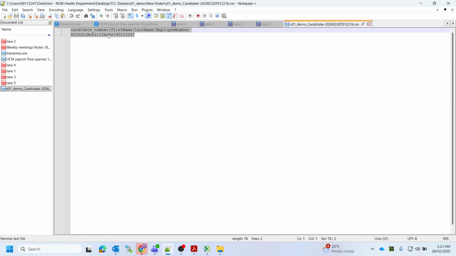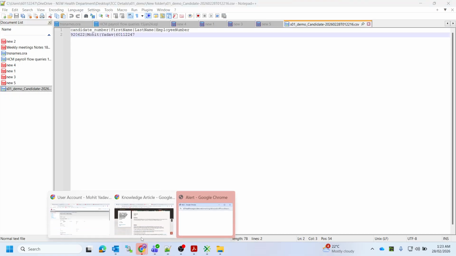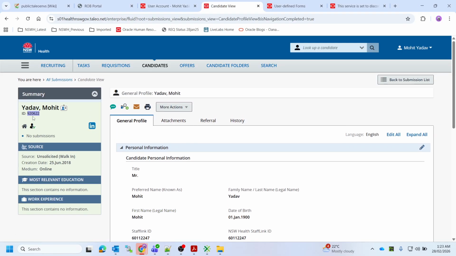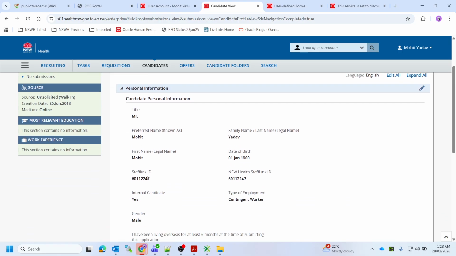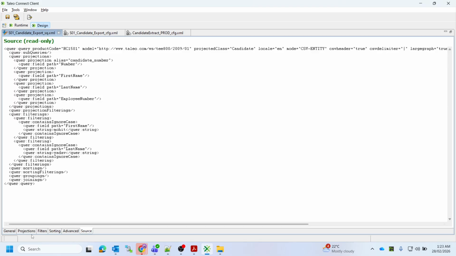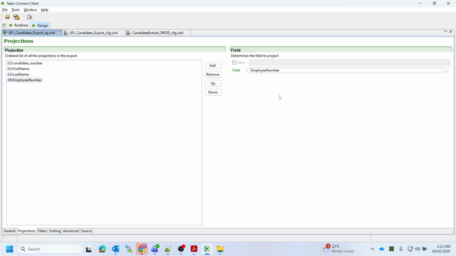We did the case insensitive and the employee number. If you look from the front end application, that's the candidate ID, your first name, last name, and your employee number. So now in similar fashion, you can add more and more fields to your SQ file, and then